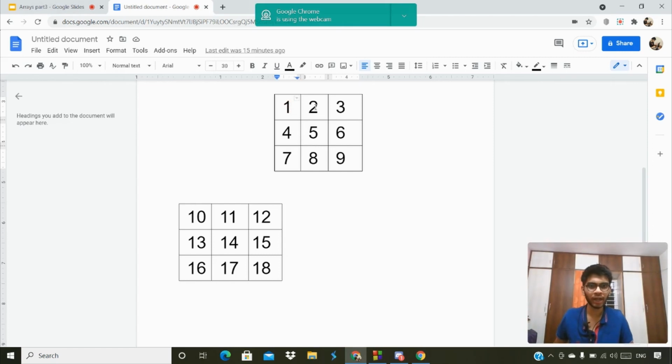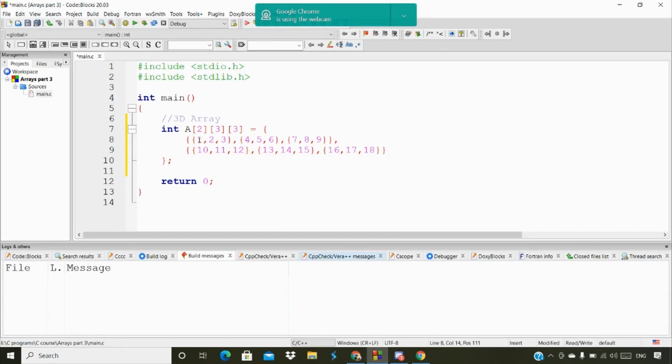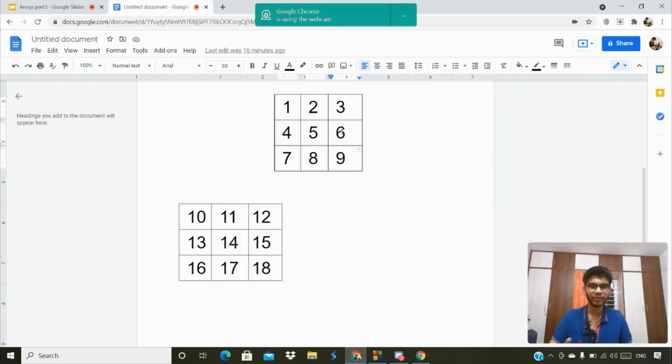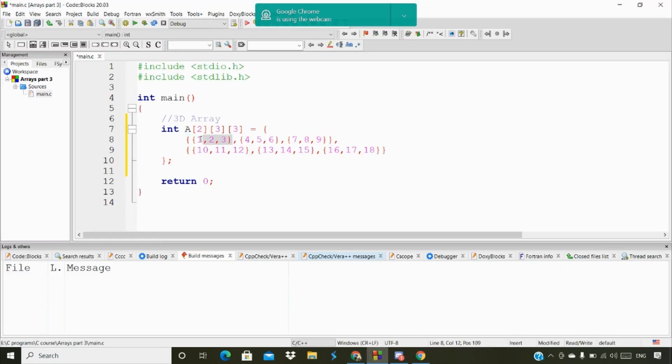So we have 1 2 3 4 5 6 7 and so on up to 9. This is one row, second row and third row, and we got the same result in our representation as well. Each row is again in open and close curly brackets, and each table has its rows, and each row consists of three values. The entire thing consists of one table, and this is another table.